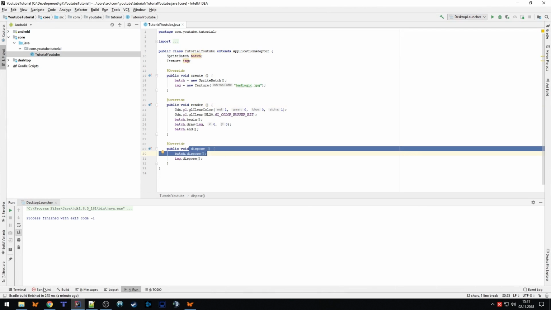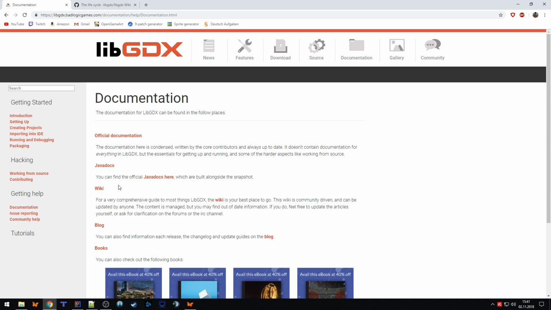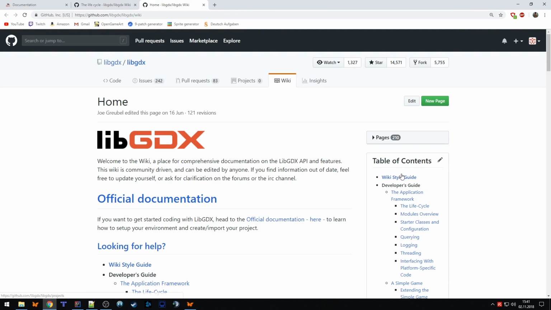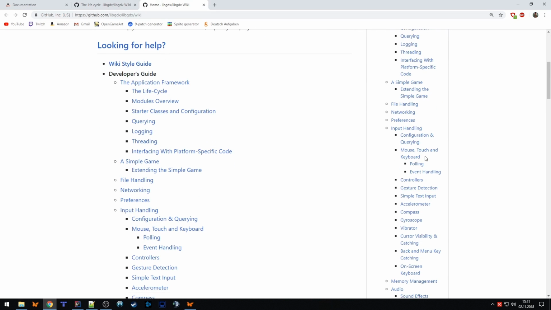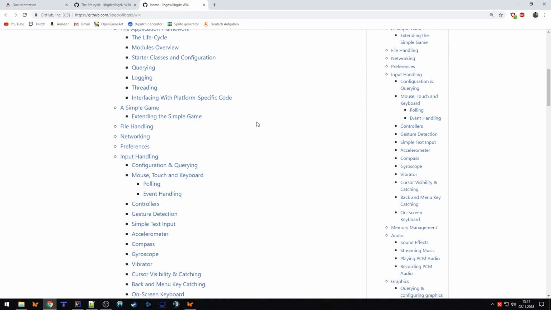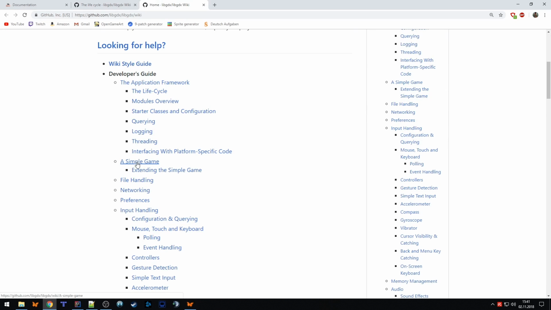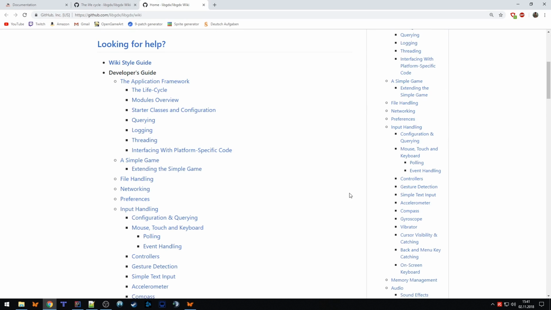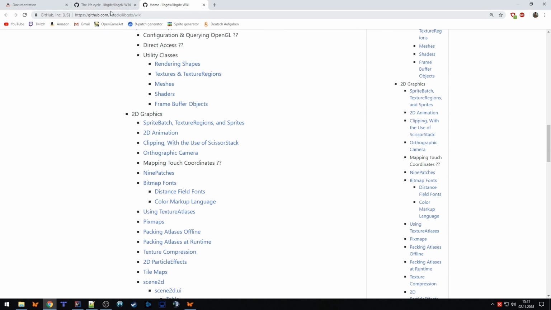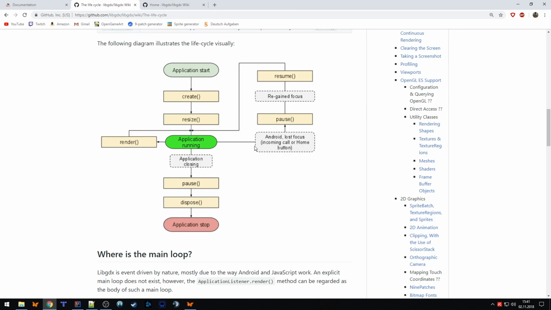There I want to also refer to the, in my opinion, very good documentation of the libgdx project. When you go on the documentation page, they have a Wikipedia page where you can find a lot of the topics that you will need when developing a game. They also have a tutorial for a very simple game where you learn a few things and the different topics there. And what we want to know now is what is the life cycle of an application.